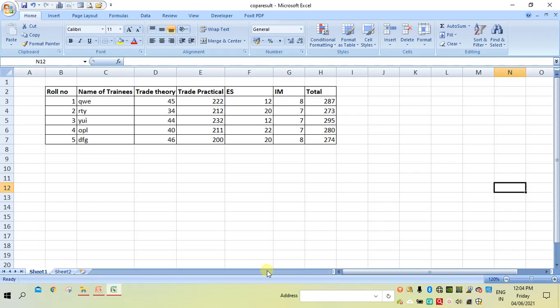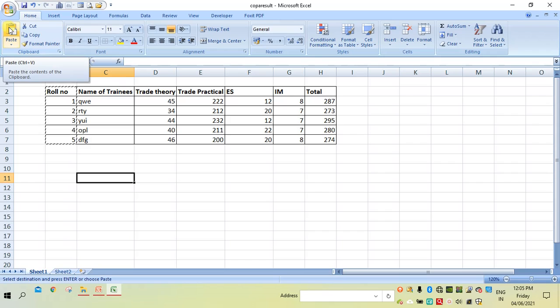So that is, suppose if you want to shift this roll number entirely in this cell, then first select it, then press on cut, or you can press a shortcut command Ctrl X. So when I select this, you can again see the dancing border. Then take the cursor where you want to paste and then click on this, or you can press Ctrl V as a shortcut key.